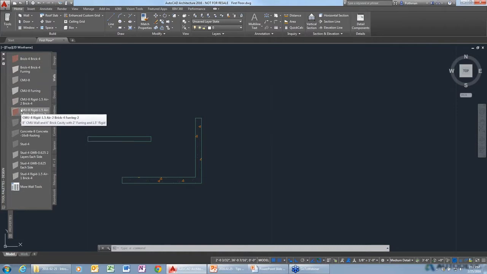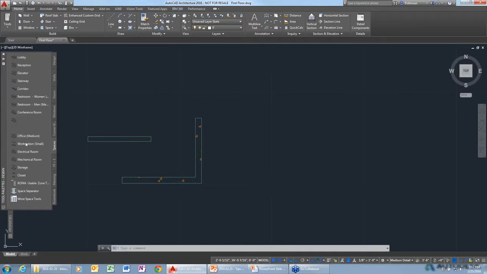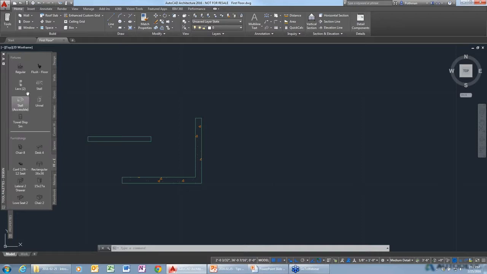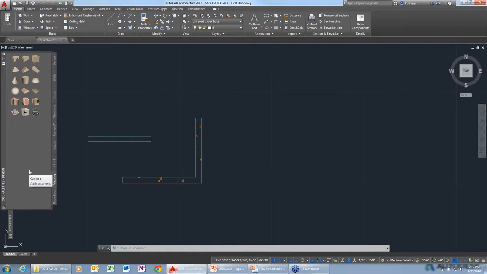So AutoCAD Architecture gets into everything from basic construction drawings, drawing walls, doors, windows. It does space planning, so you can create different types of spaces and create reports about the spaces. We have symbology for furniture, plumbing fixtures, all that type of stuff that's built in. You can do solids using something that is a lot more user-friendly than a solid, something we call massing elements,